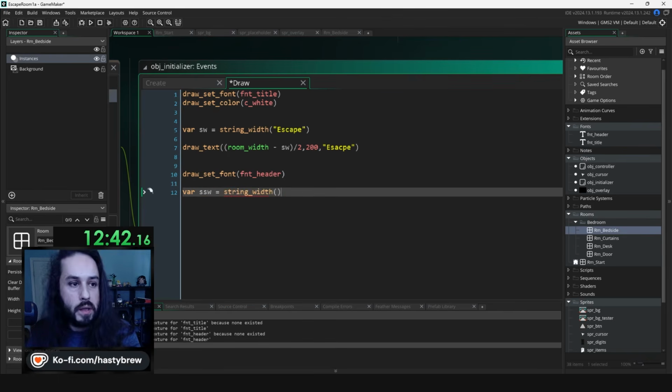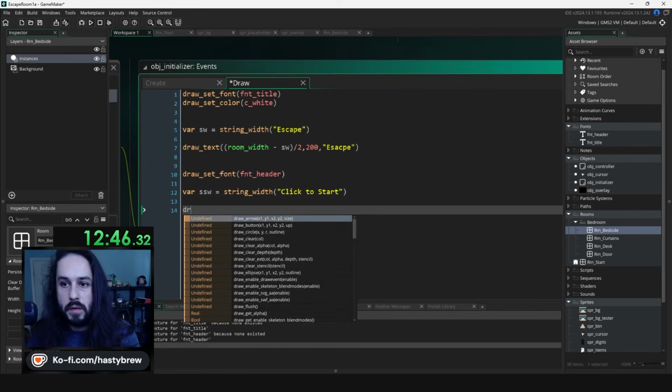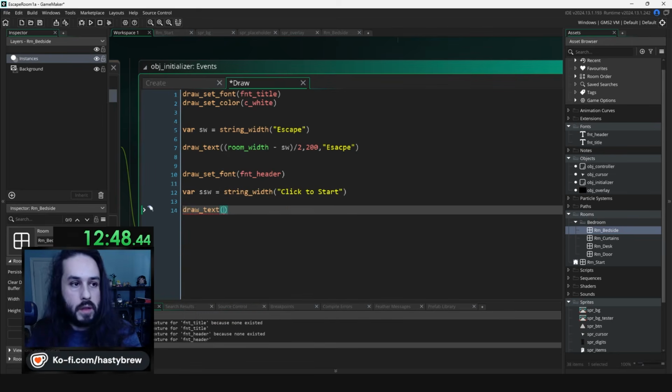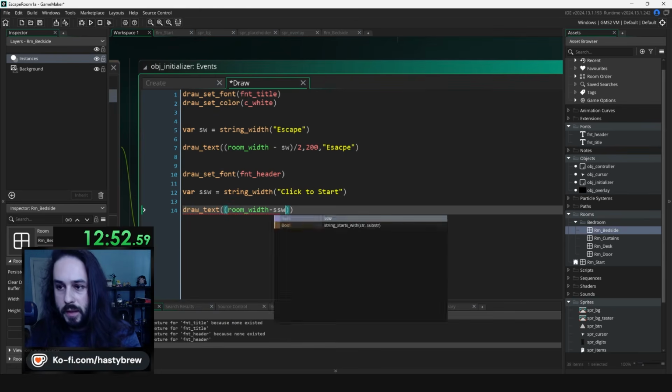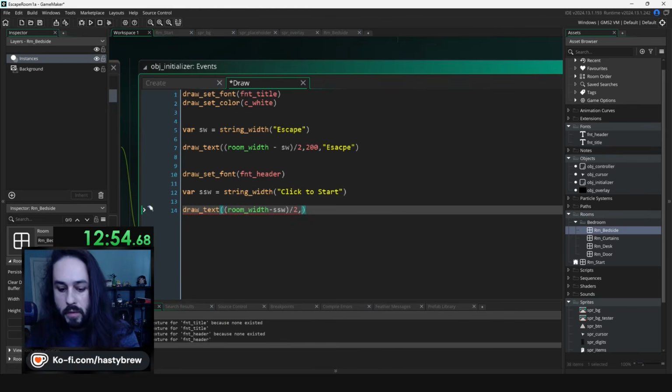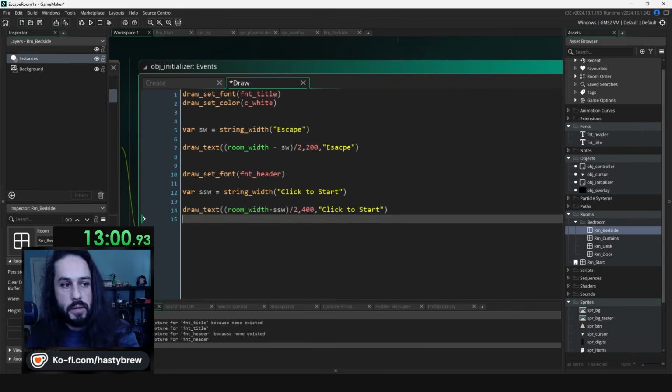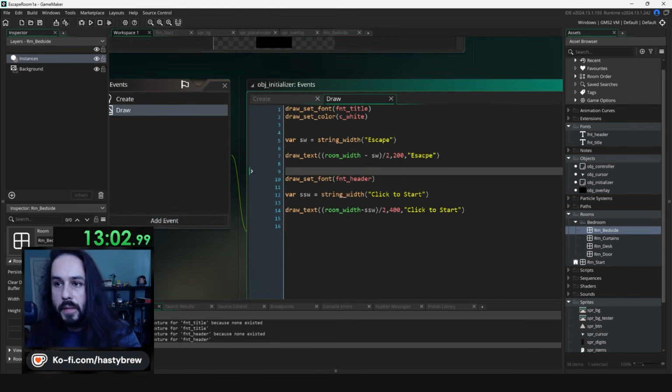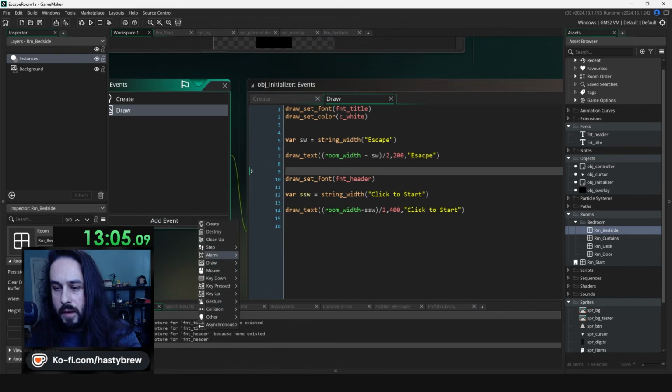Equals string width. Click to start. Draw text. Oof. Room width minus SSW divided by 2. 400. And click to start. Okay. And then finally, we have in the step,